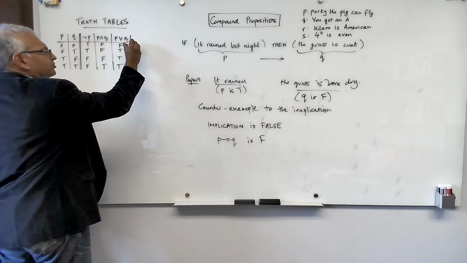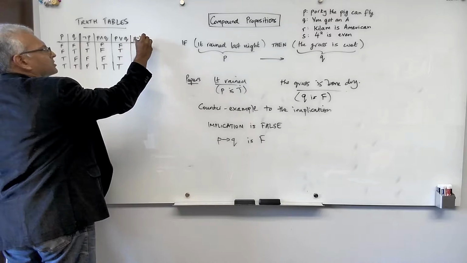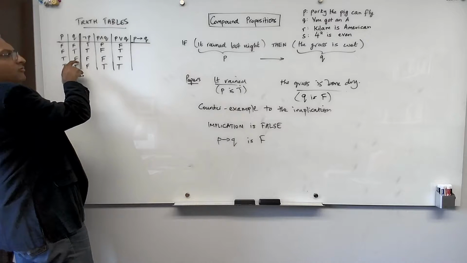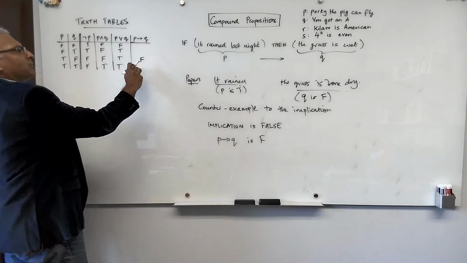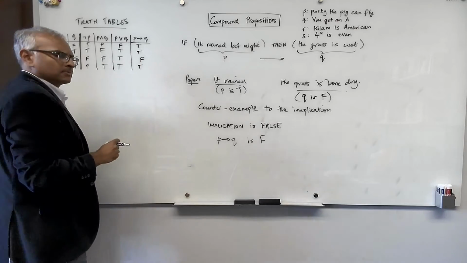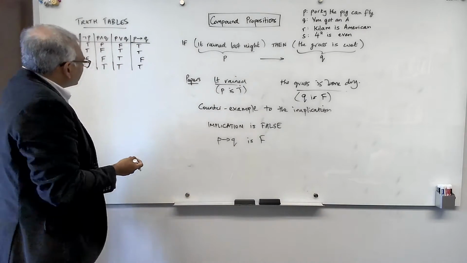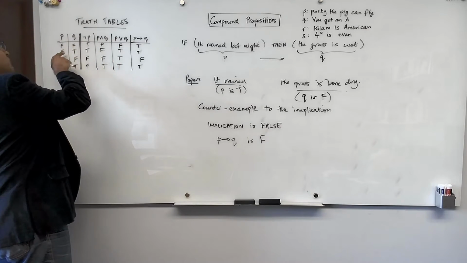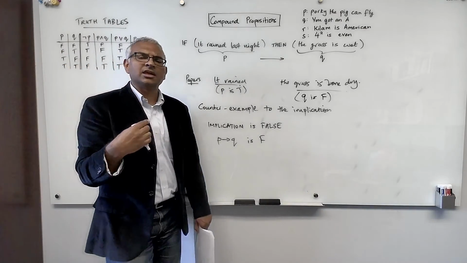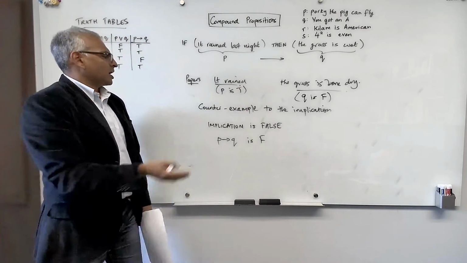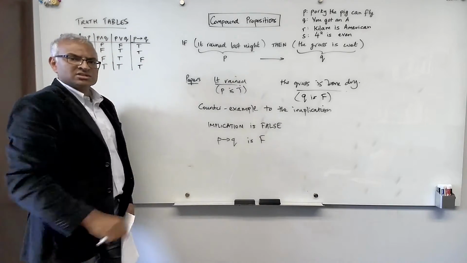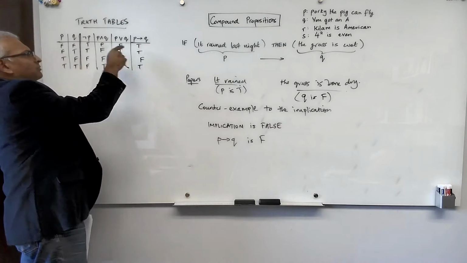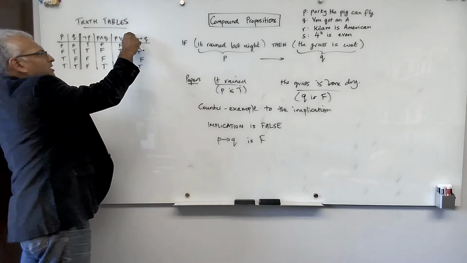So let's go back to this truth table and add one more column for P implies Q. The only case where the implication is false is if P is true and Q is false. So here it's false. Everywhere else the implication is true. In other words, we're saying that any situation such as FF or FT or TT, those are consistent with the implication being true. You haven't shown me a counterexample which demonstrates the implication is false. So the truth table for implication, very simple. The only situation where it's false is when P is true and Q